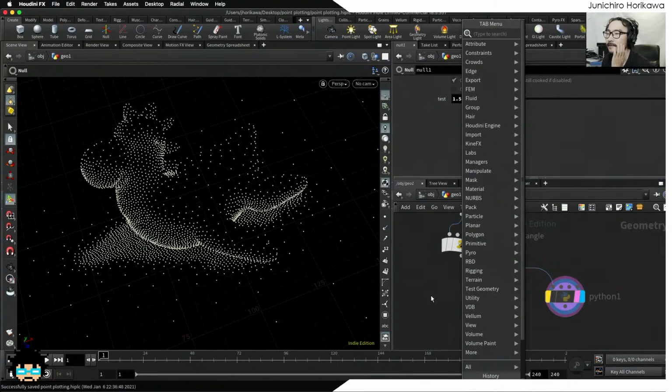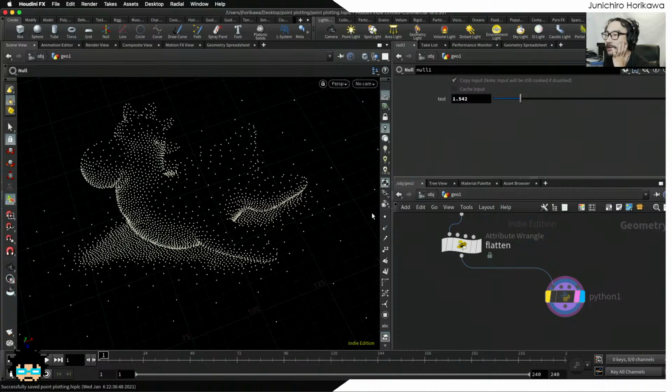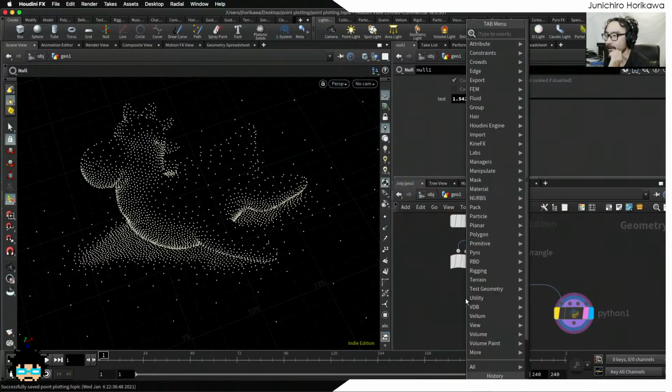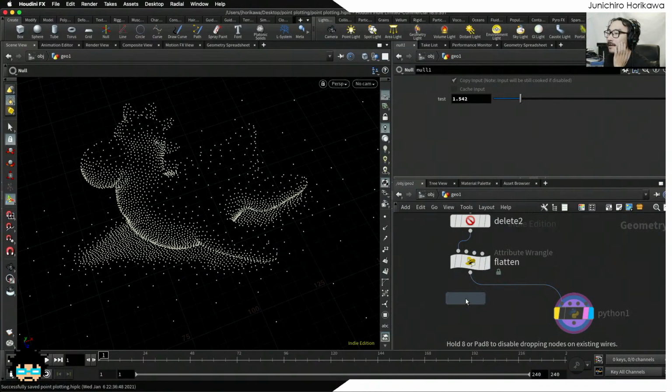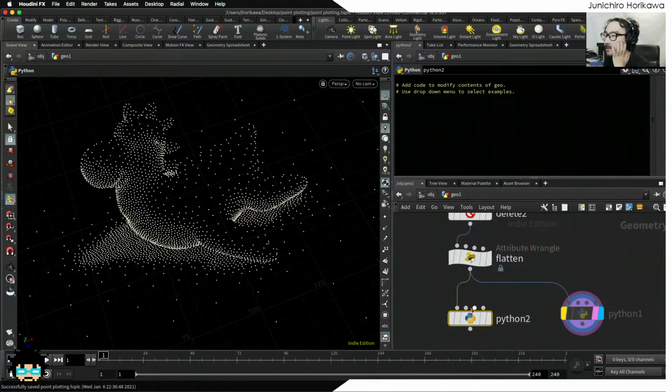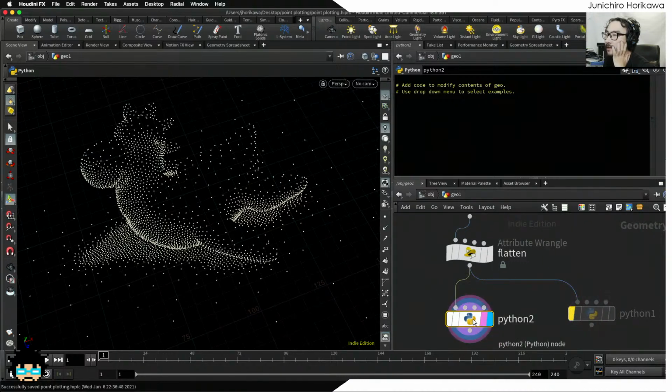To bring only the point geometry to those CAD drawing software, or maybe to Illustrator, it might be better to use a Python node to export these point information as a text file or CSV,